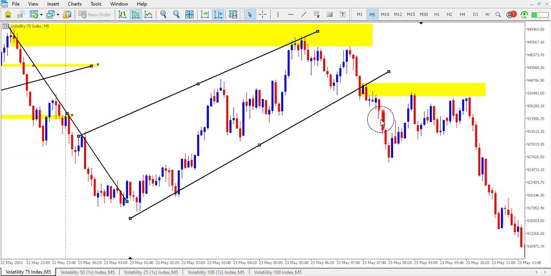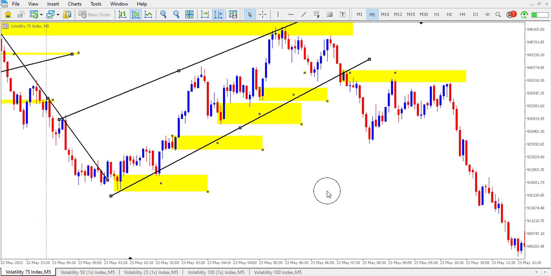Plus there's this other thing my students struggle with. They mark their order blocks like this. This is a channel going up. So let's say these are order blocks. You are marking going up, going up, going up. Then you see market breaking this low and you are expecting these order blocks to hold. No, my friend, these order blocks are not going to hold,